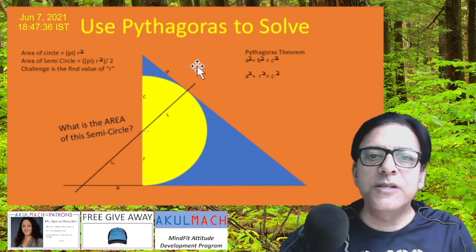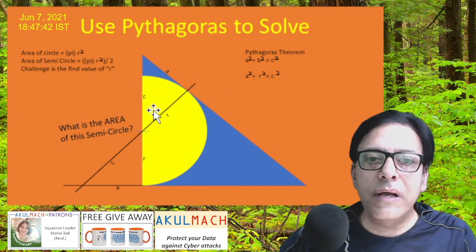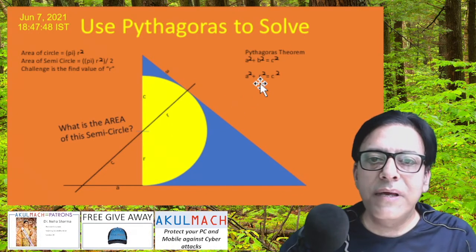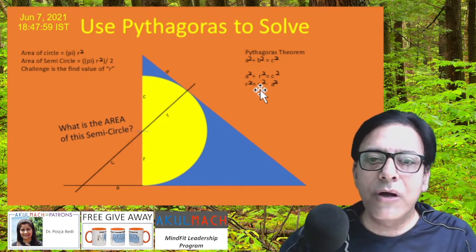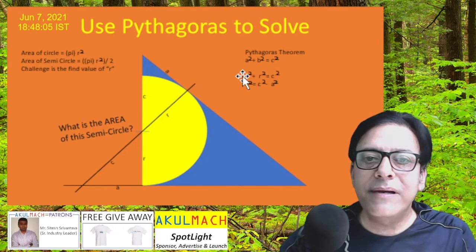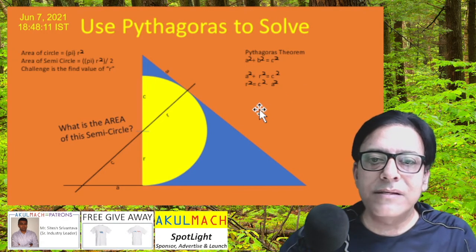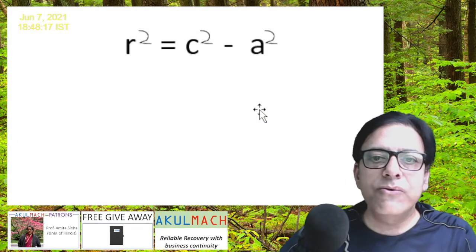Let's proceed further. Let's populate our values into this equation, and since we are calling one side R in our triangle, let's replace B with R, and we have A square plus R square equal to C square. And in order to find the value of R, we solve this equation, and R square is equal to C square minus A square. We simply change the position of A square to this side, and therefore it becomes minus. So the value of R square is equal to C square minus A square.